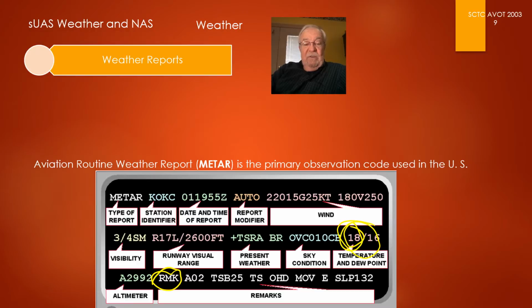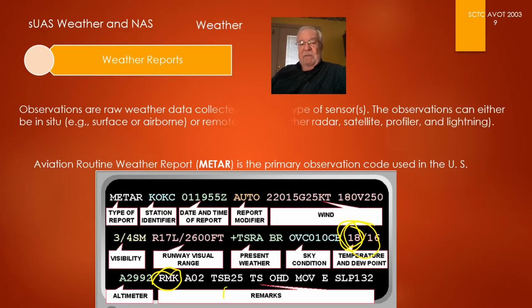And A02 says the automated system has observed a thunderstorm beginning, TSB, at 2.5 past the hour, thunderstorm overhead, moving east, sea level pressure. So there's the body of the report, and then there's the remarks part. And it all depends. Sometimes there'll be remarks, sometimes there won't, of course. There may not be any remarks. So just make sure you understand how to interpret a METAR, because that will come up.